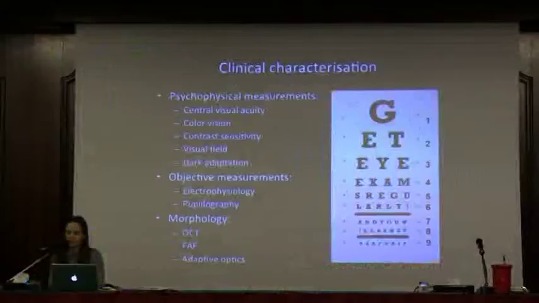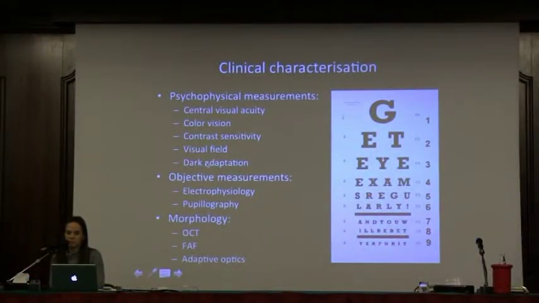What we can also measure is dark adaptation, and this is information regarding the remaining rods which are still working properly in achromatopsia. However, we clinicians do need some tests which give us objective results, so not a test where you have to do something or cannot properly do it. These are tests like electrophysiology, which I'm not going to talk about in detail because Professor Andreasen is going to talk about that. And pupillography is also an objective test. However, this is not a routine